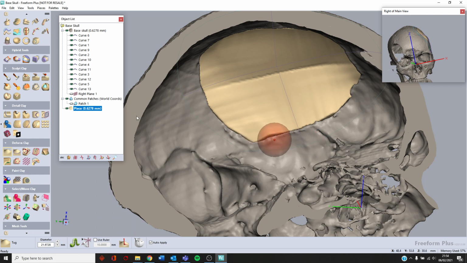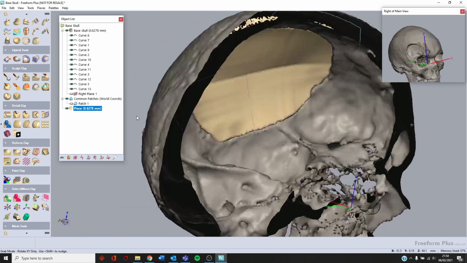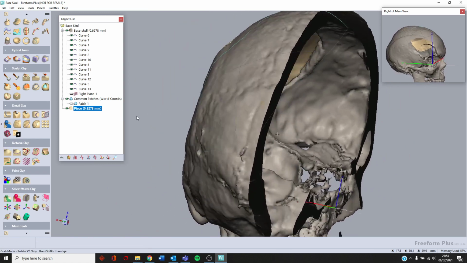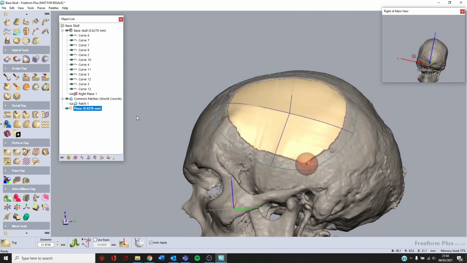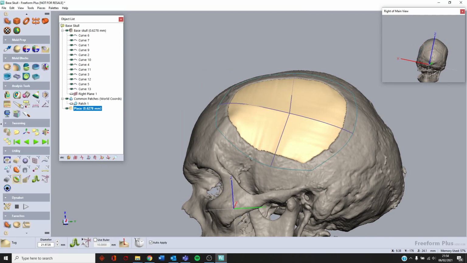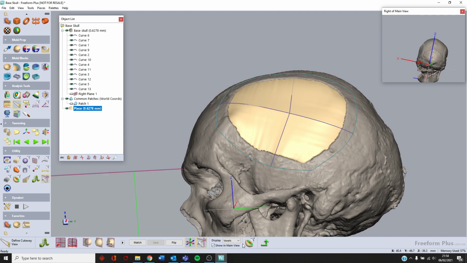I can then adjust it in. Again, that's not too bad. You can spend much more time on it as well, perfecting it. Okay, that's pretty good. I'll go back to the cutaway view, switch it off,